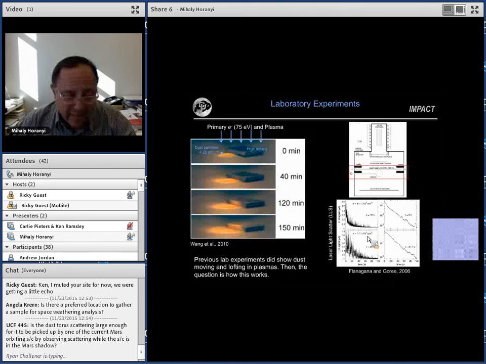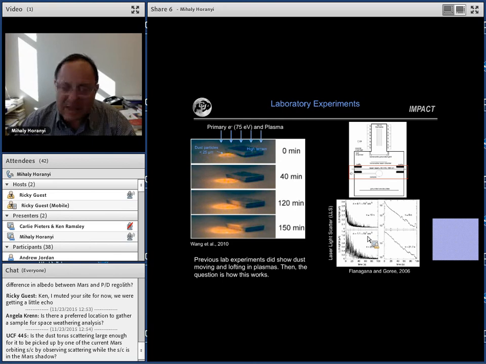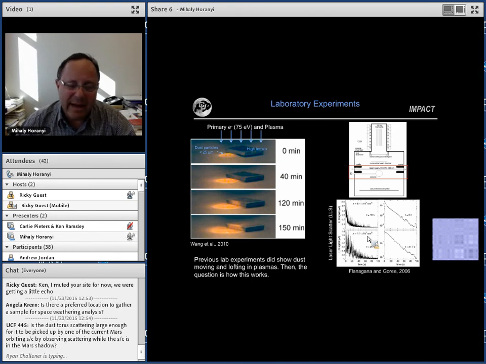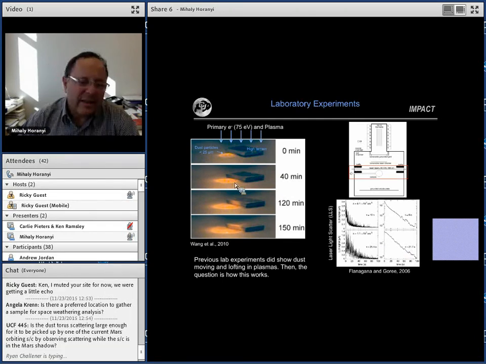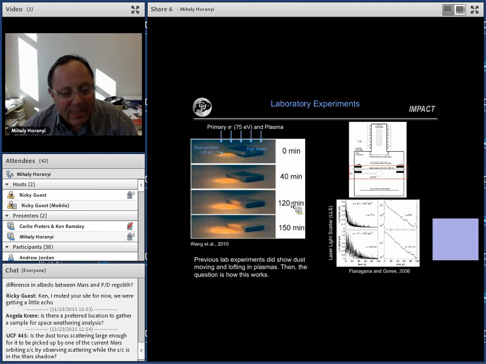But nevertheless, against our best judgment, we have done laboratory experiments, and we exposed particles in plasmas, flowing plasmas, and ultraviolet radiation, and we see them moving in the laboratory. And that's a heartache, because it's against my best judgment. Based on simple physics from the previous slides, there is no way you would move these particles around. On the left is GSC Mars simulants, because they are orange and they can be easily seen in a plasma chamber. And you see when they are exposed to 75 eV primary electrons, in due time they seem to be spreading